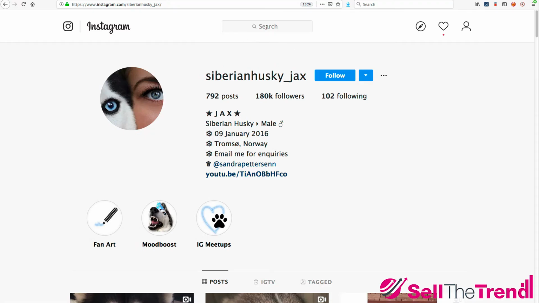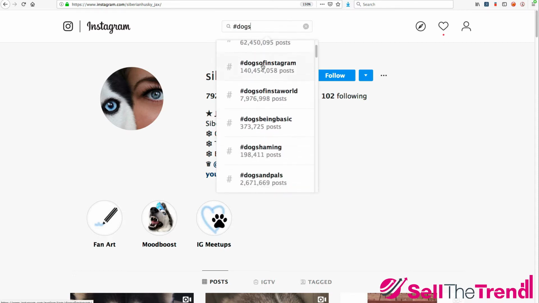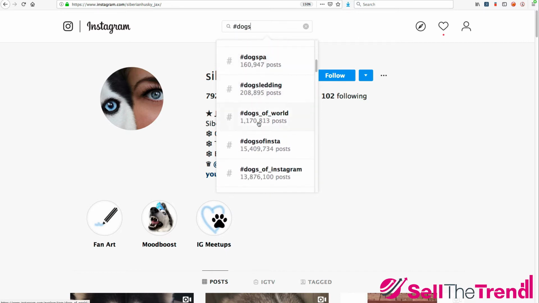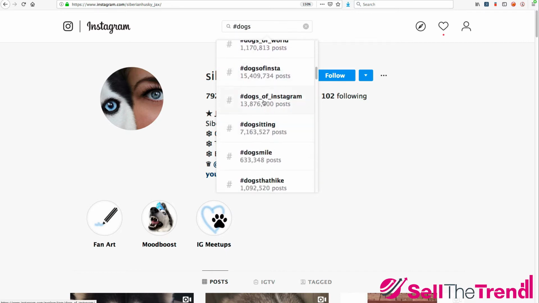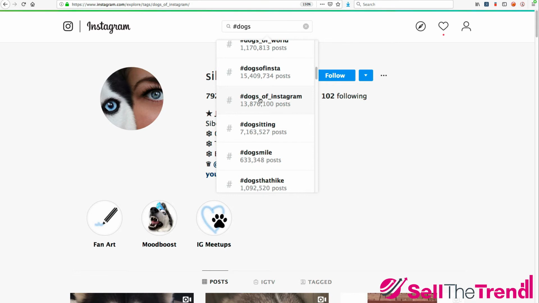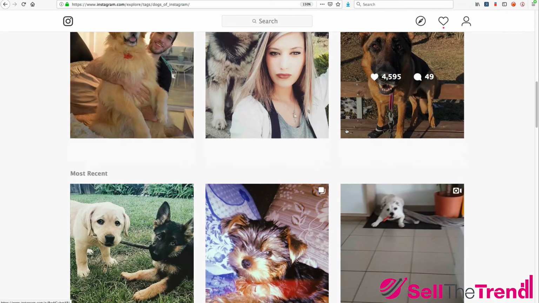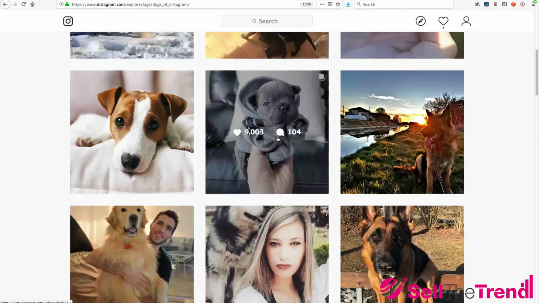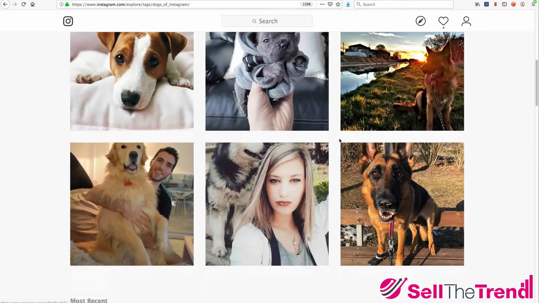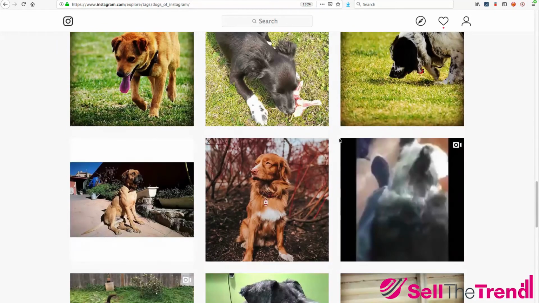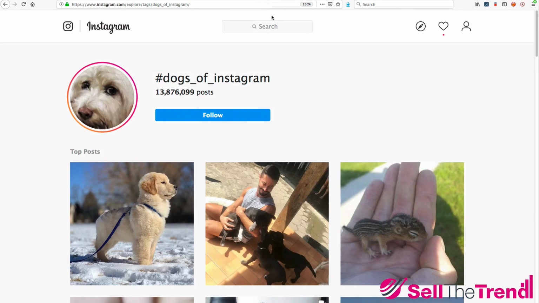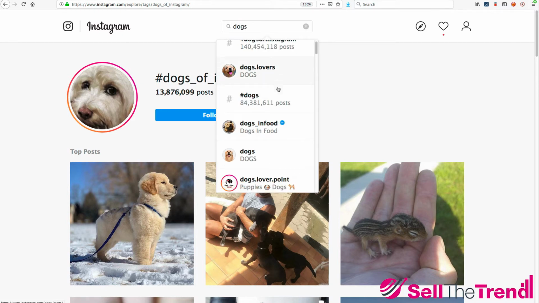So right there at the top here, you can see a search field. Let's do a hashtag search. You can put dogs, and you can see a lot of posts here about this topic. So let's go with dogs of Instagram, for example. Now you're going to be shown a lot of posts relating to that hashtag, and you can go through them and see some options for influencers that we can approach. Another way you can do it is you can just put dogs without the hashtag, and you'll also get